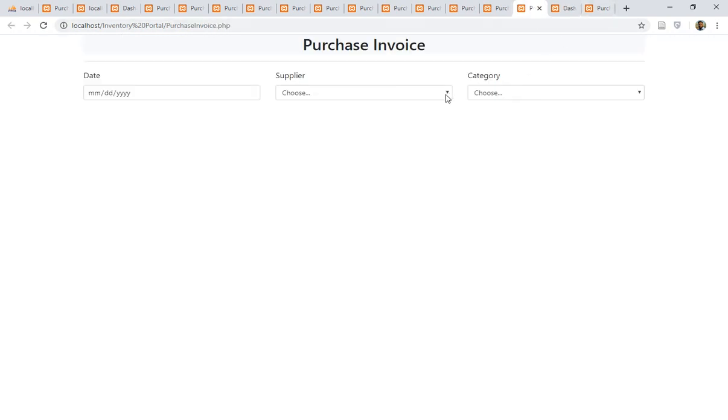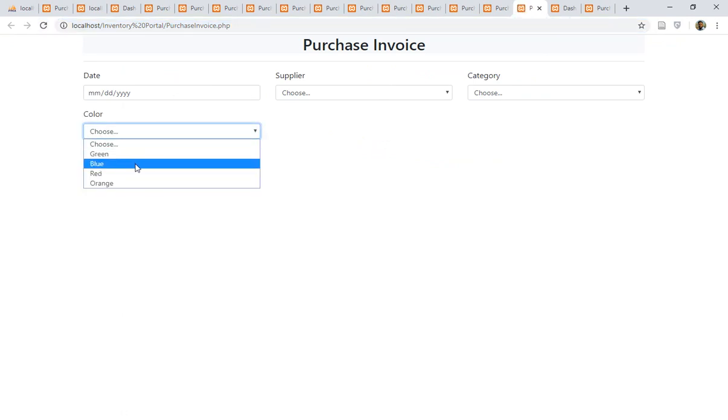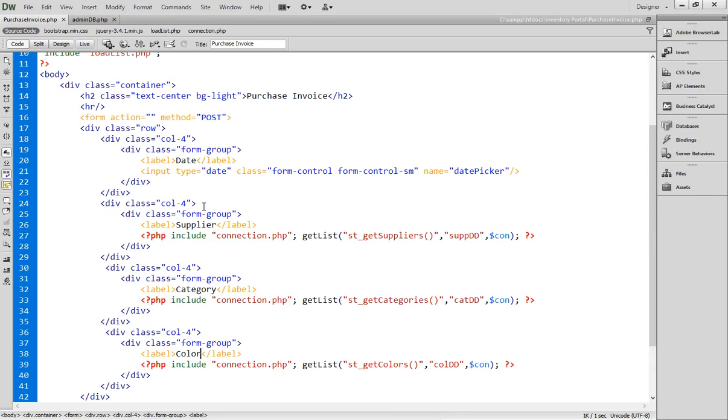Now let's go back to the purchase invoice, and now I have colors, okay. So that's why I have given the sizes as 4 4 4. So we can add 3 3 3 as well, so that row wise these columns can come in one single row. Okay, so let's give here 3